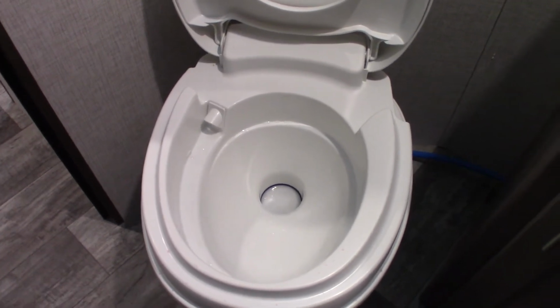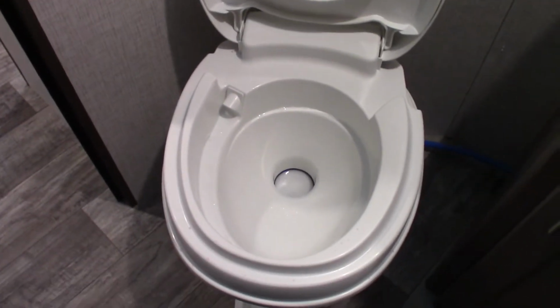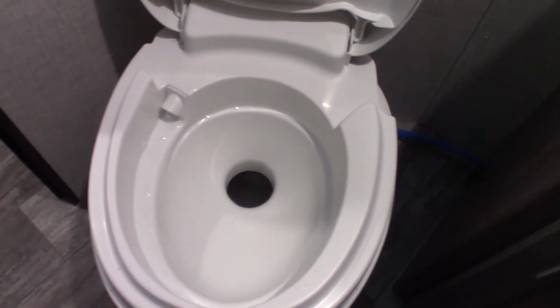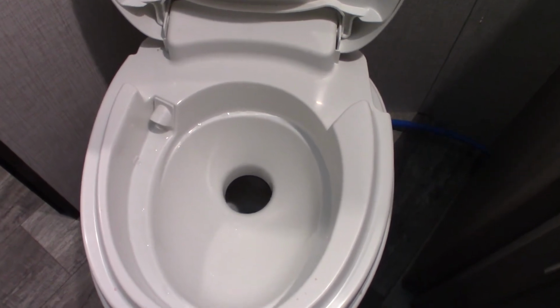So when you pull into the campground, you'll hook up your power and your water, stabilize your trailer. Then you'll come in here with your toilet chemical, and you'll step on the pedal. Water will come swirling out. You're going to put about a gallon or so in there. Some people use more. It's personal preference, but you've got to have some water in there